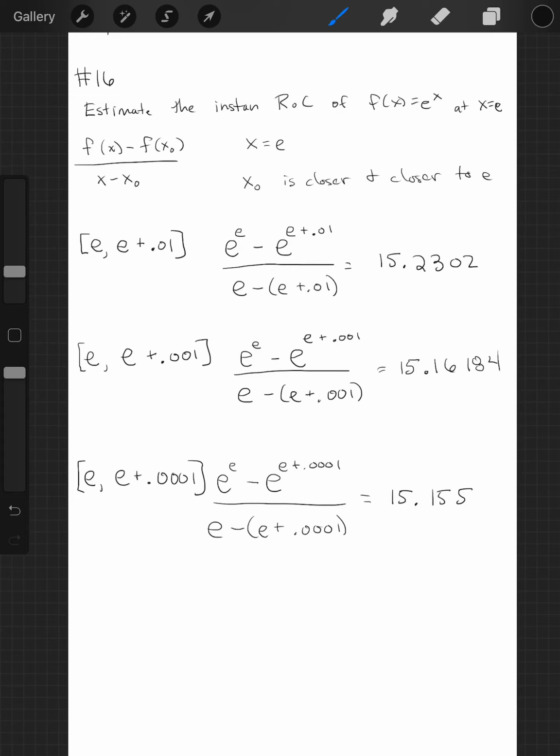And then looks like we're zeroing in a little bit, but if we go one more, right, and we do f of x minus f of x naught all over x minus x naught, we get